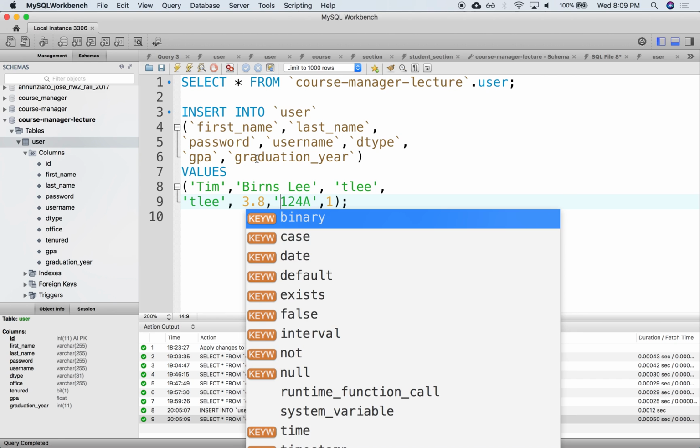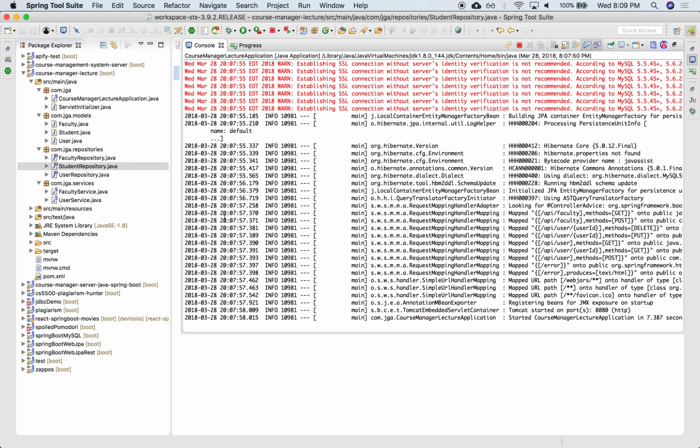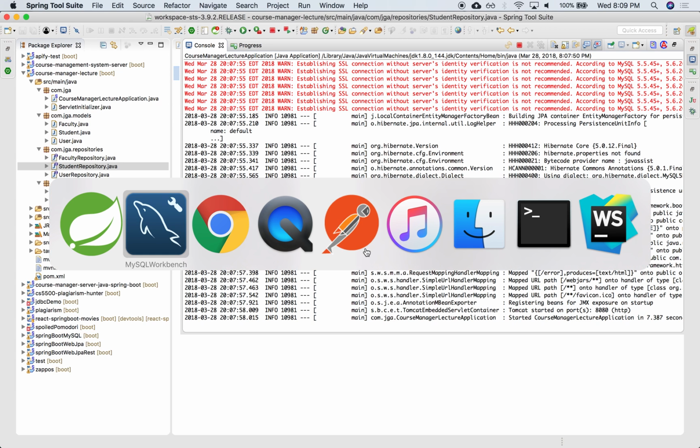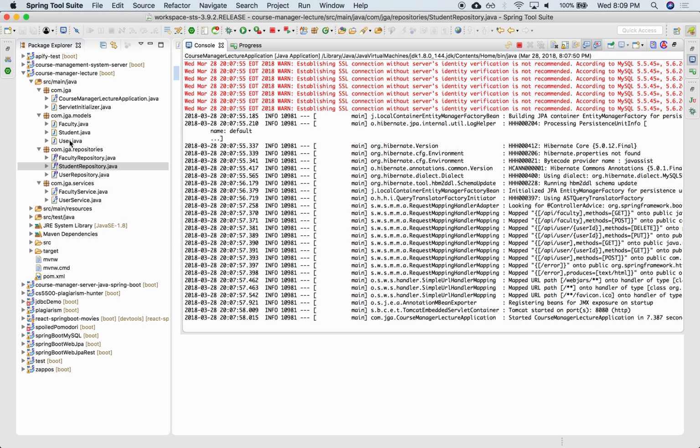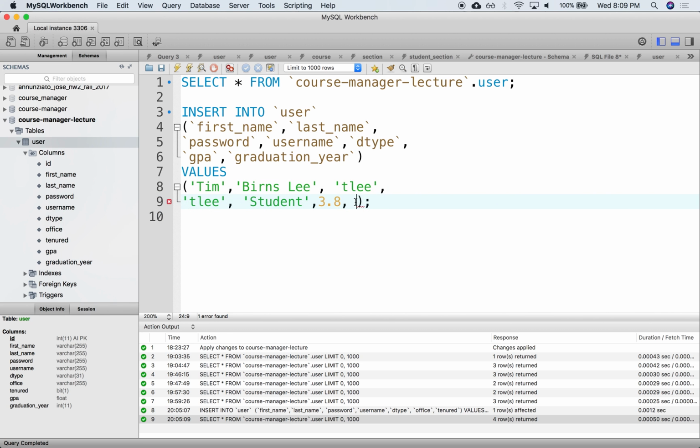Oops, did I... No, I don't mean to do that. So the type would be that they're a student, and the GPA is 3.8, and they're going to graduate. Is it an integer? I forget. What did I declare the graduation year as? Student. The graduation year is an integer. Okay, so this will be 2019, and the student might be